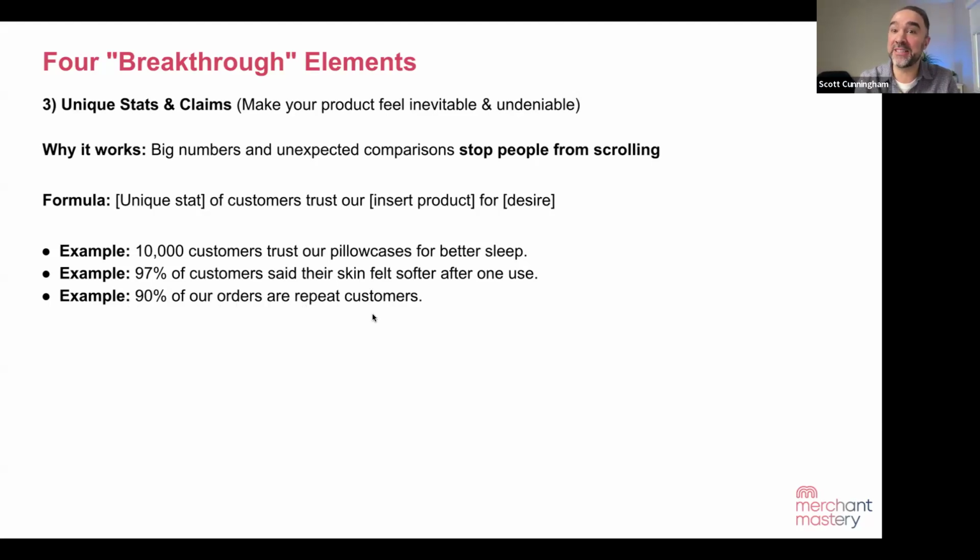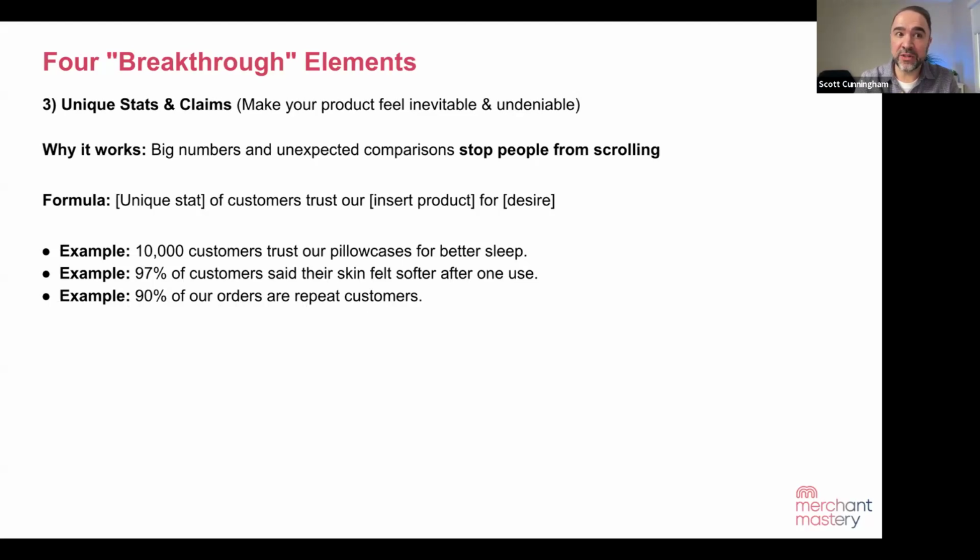And so you're just summarizing something remarkable with a stat or a number in this one. And these numbers are uniquely yours. How many customers? 97% five-star reviews, 657 five-star reviews. So you're summarizing some kind of remarkable accomplishment with a stat and a number.